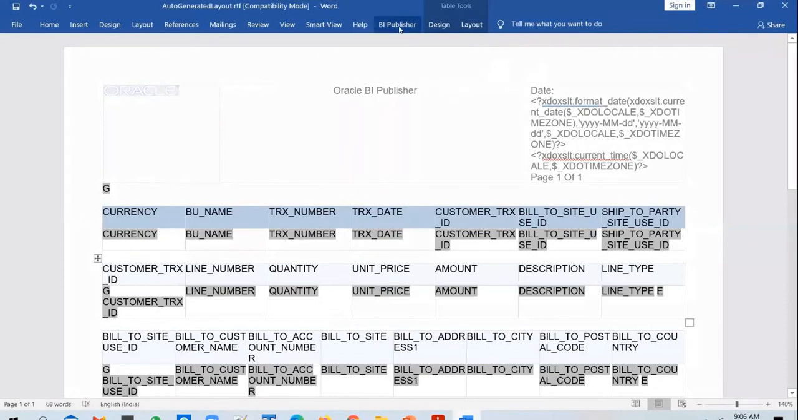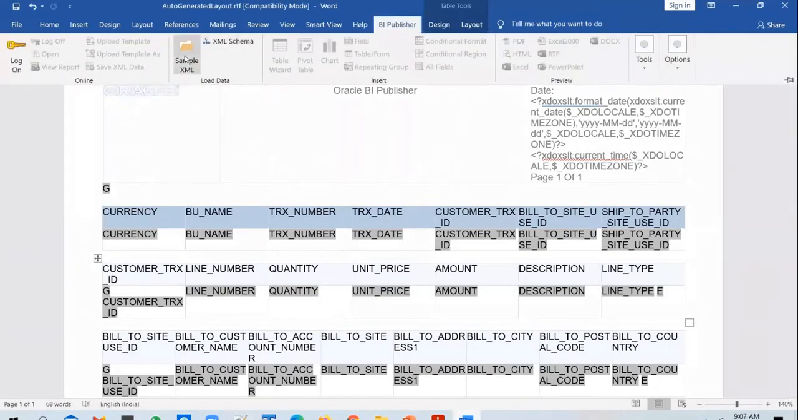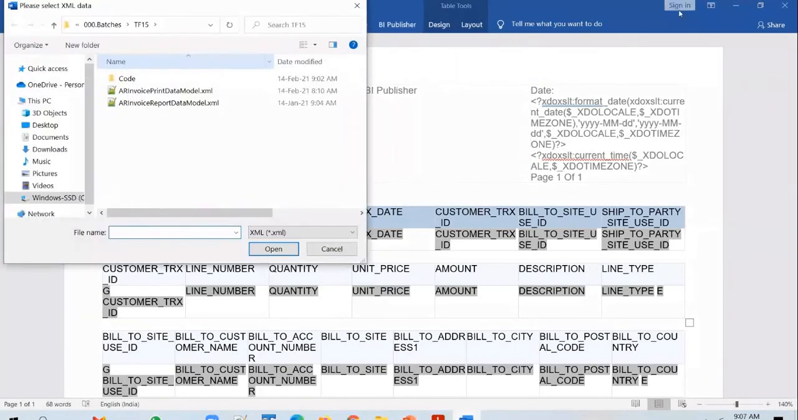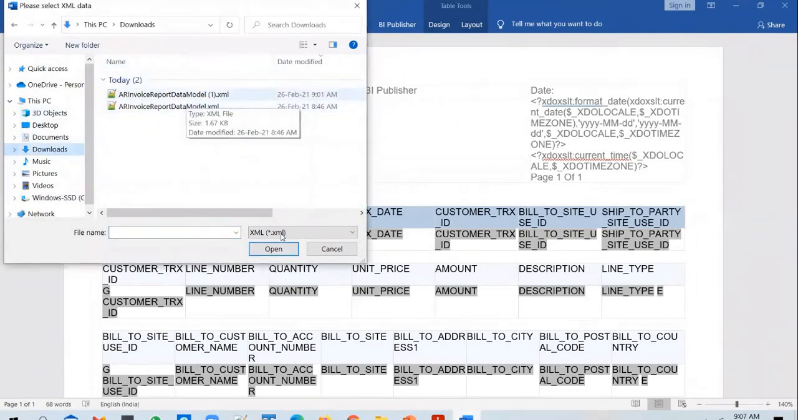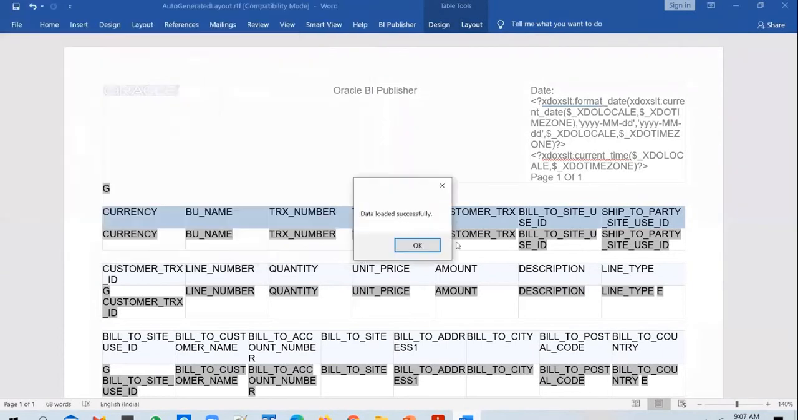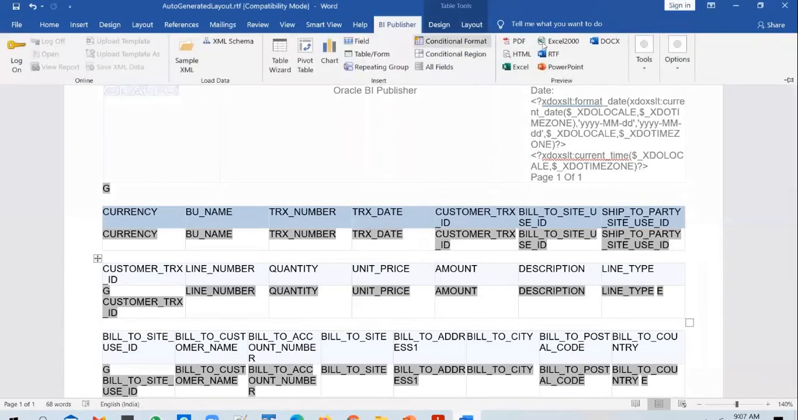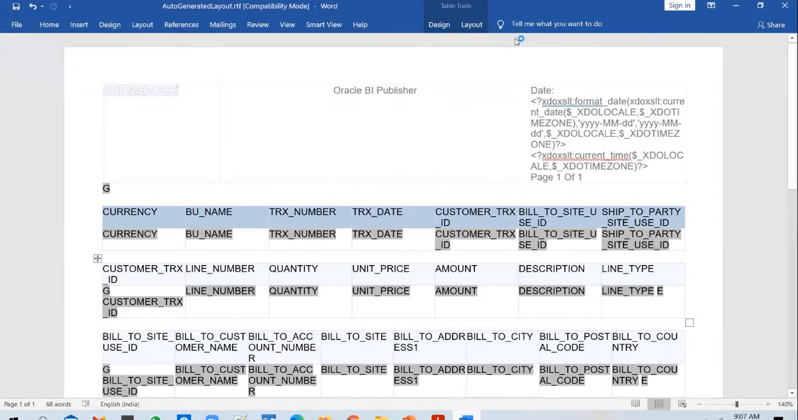So what I can do is go to the BI Publisher tab, and there is a Sample XML option in there. So click on it, and it will ask you to select the XML file. So I select the XML file, click OK. You get a confirmation that data is loaded. And then you go back to the BI Publisher, and you have an option to generate output in any of these formats. You can generate it in PDF format, Excel, or any format you want. So I want to generate output in PDF format. So if I say PDF,